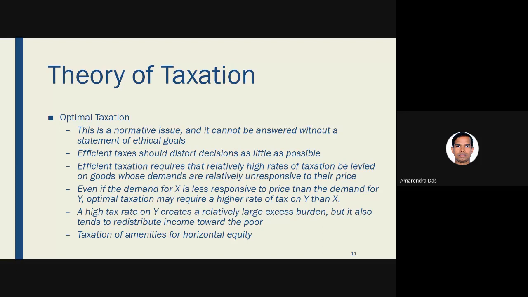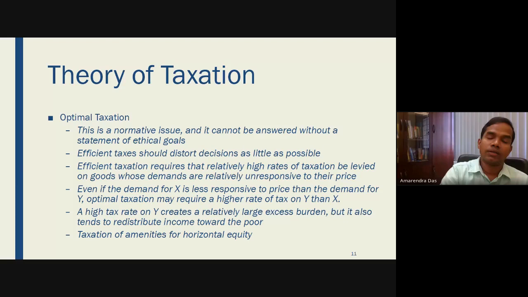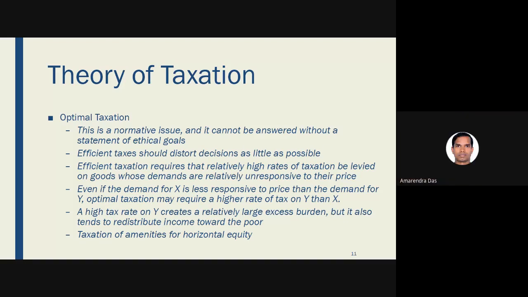Basically, you must be hearing or reading in the newspaper about smoking, alcohol, all commodities that are injurious to health, which are called sin goods. Now you cannot tax all the commodities equally. Necessary, comfort, luxury, and sin goods cannot be taxed equally. Even sin goods would be very much different. For example, how will you tax a beedi? How will you tax a cigarette? How will you tax alcohol? Then alcohols of different varieties, okay?